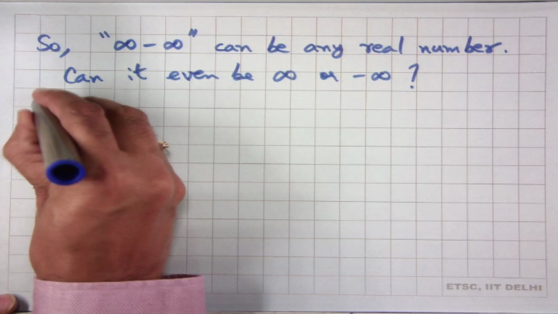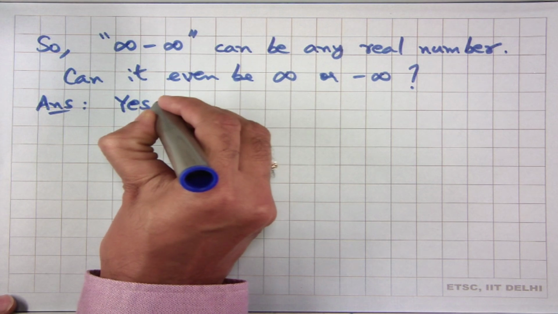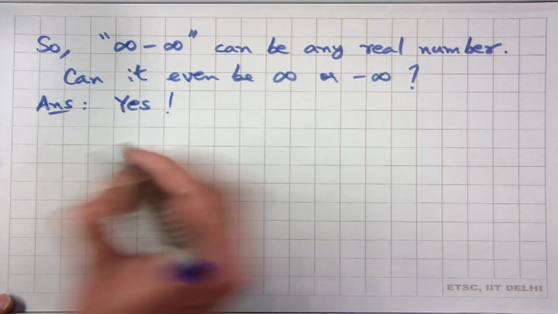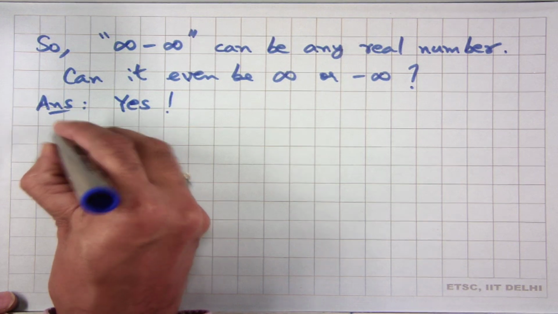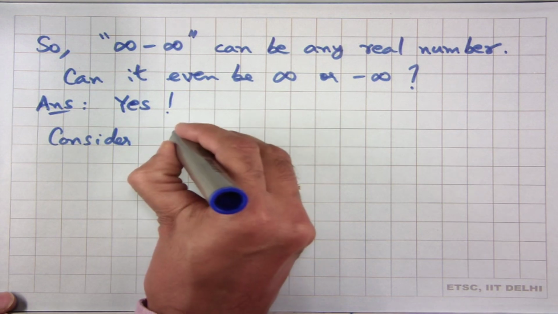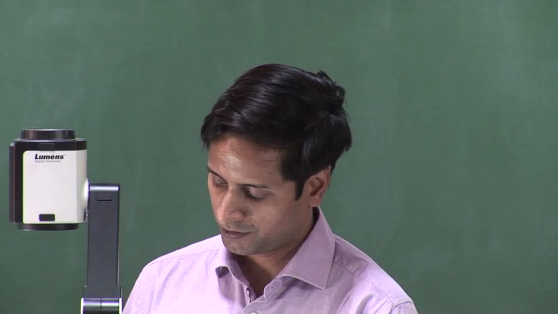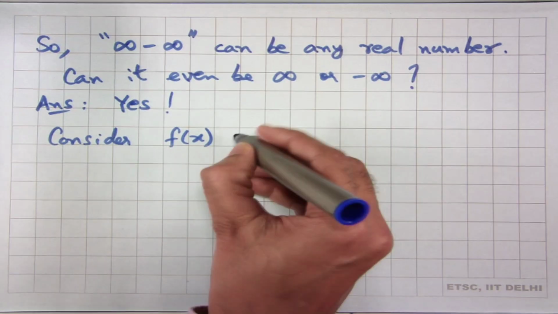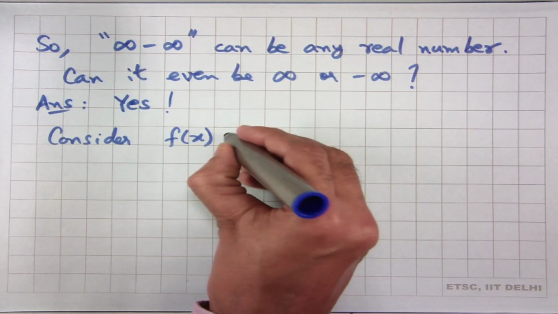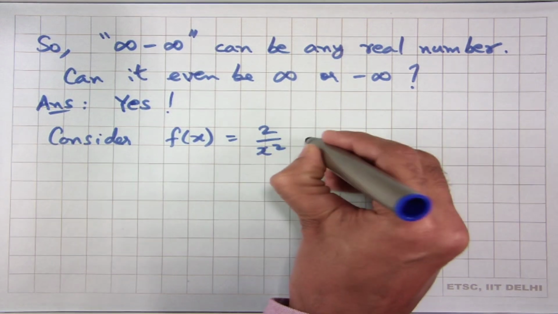The answer is again yes. Let us see f(x) and g(x) such that f(x) plus g(x) will be equal to infinity. This is again very simple to do. If I take f(x) to be equal to 2 by x square and g(x) to be equal